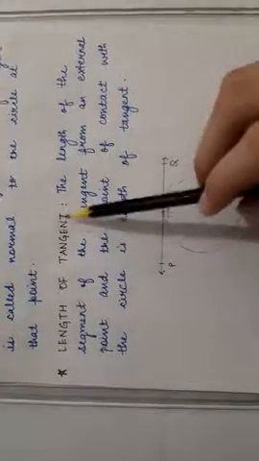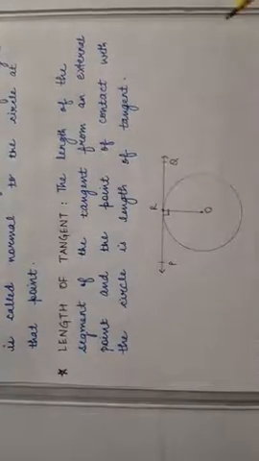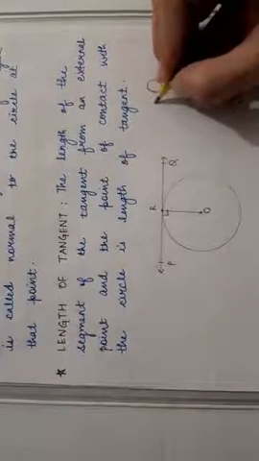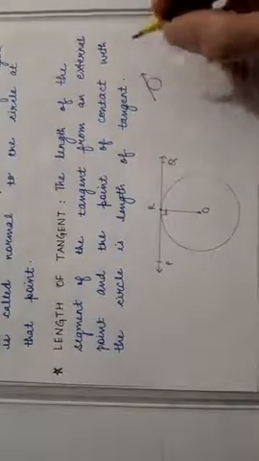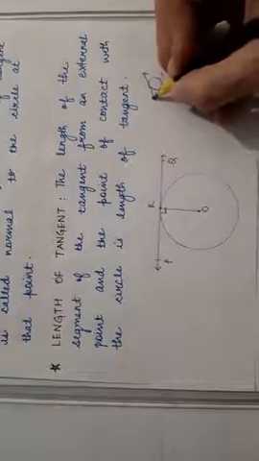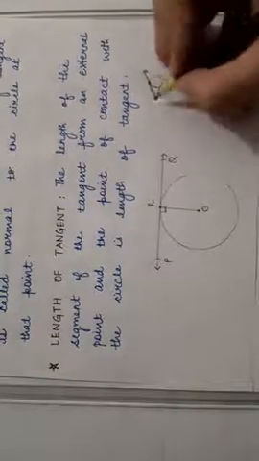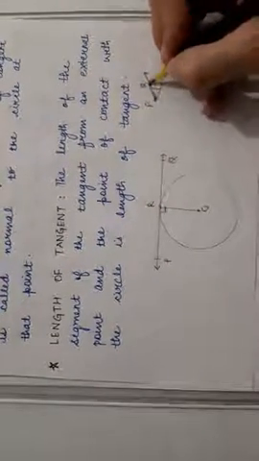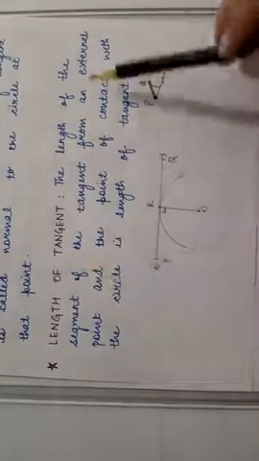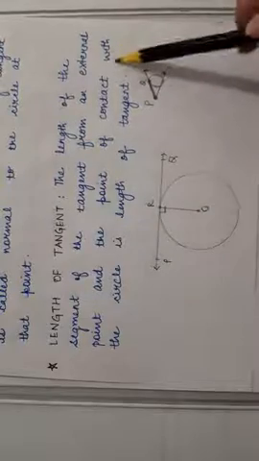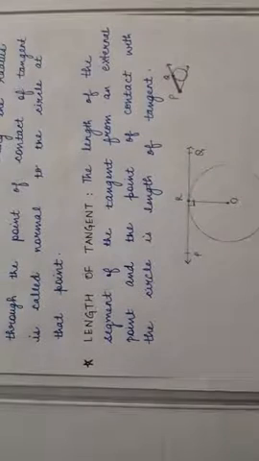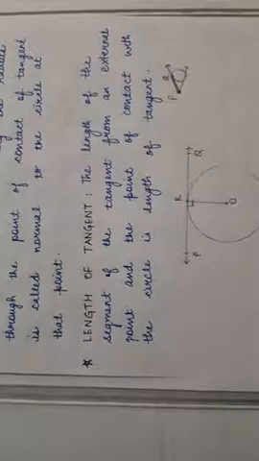Next term is length of the tangent. How to find length of the tangent? What we do is, if we have a circle with us and a point lying outside it, and we draw a tangent like this. From the external point, the distance from the external point to the point of contact, that means this PQ, that is the length of the tangent. So the length of the segment of the tangent from an external point and the point of contact with the circle gives you the length of the tangent. So these were few terms which should be clear in your mind while you are doing this chapter.